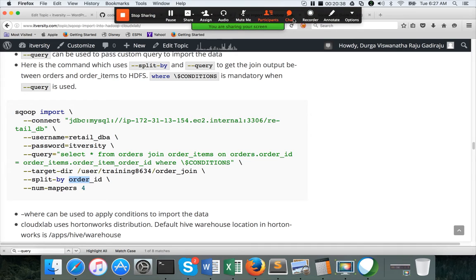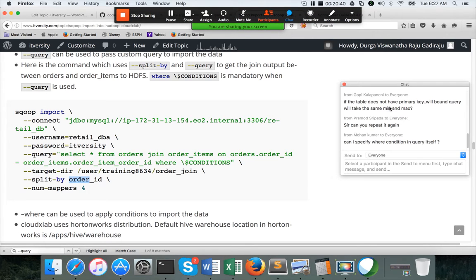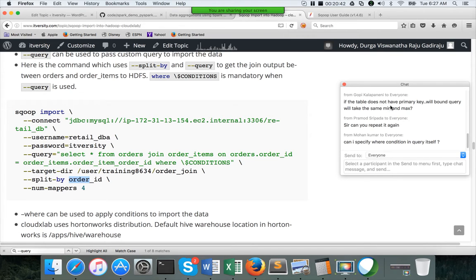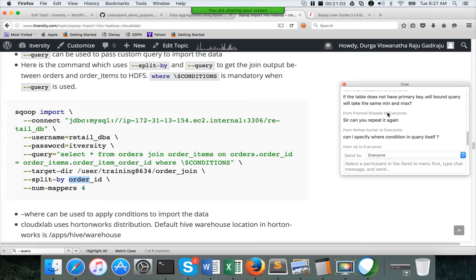There are a few questions, let me take them here. The first one is from Gopi: if the table does not have a primary key, will the boundary query take the same min and max? The boundary query will override the primary key, so you don't need to worry about the primary key. As part of the boundary query, you will specify directly what the min value and the max value are.